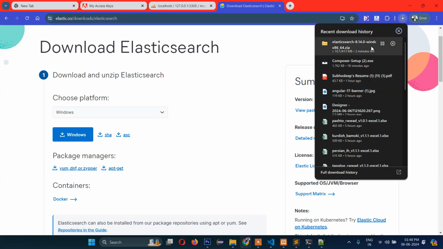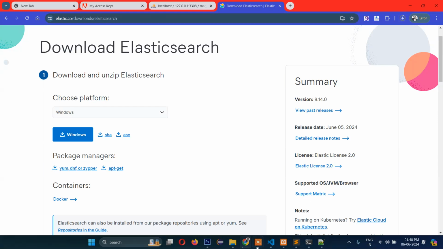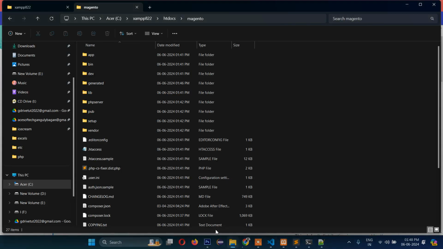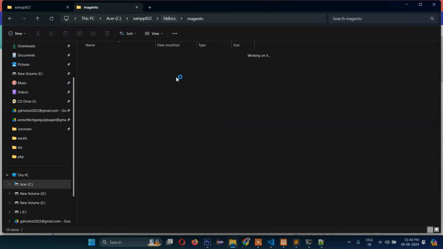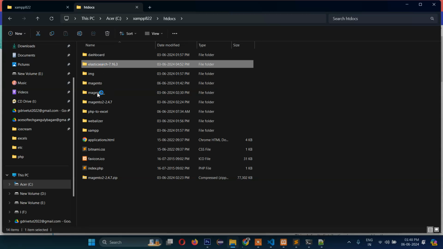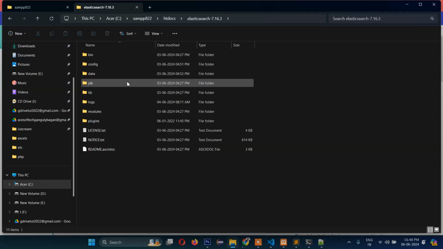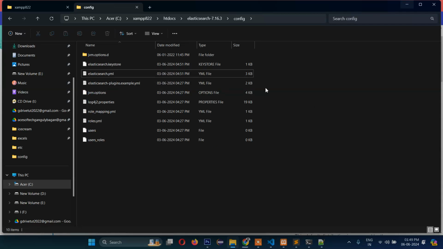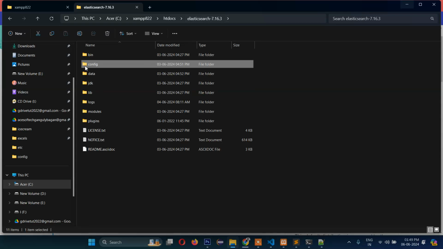In my case I have already downloaded it in my folder here, that is the 7th version. This one. Once you download it, you have to go here, you can see Elasticsearch, then the folder named config. Inside config you will find this file